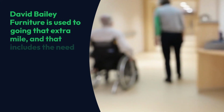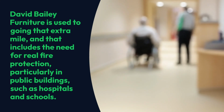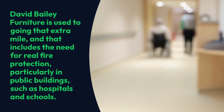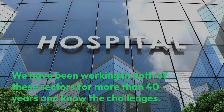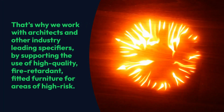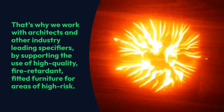David Bailey Furniture is used to going that extra mile, and that includes the need for real fire protection, particularly in public buildings, such as hospitals and schools. We have been working in both of these sectors for more than 40 years, and know the challenges. That's why we work with architects and other industry-leading specifiers, by supporting the use of high-quality, fire-retardant, fitted furniture for